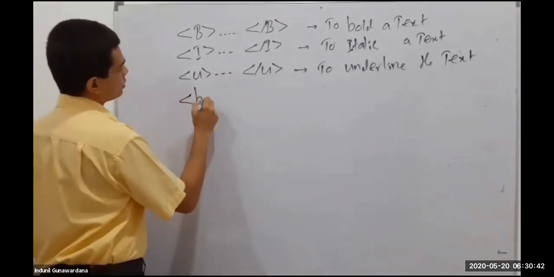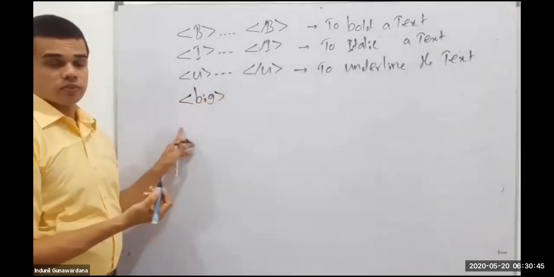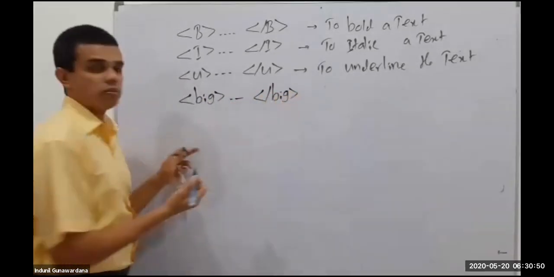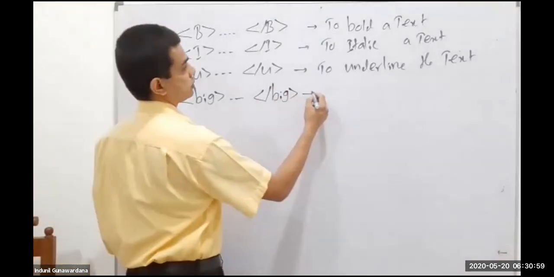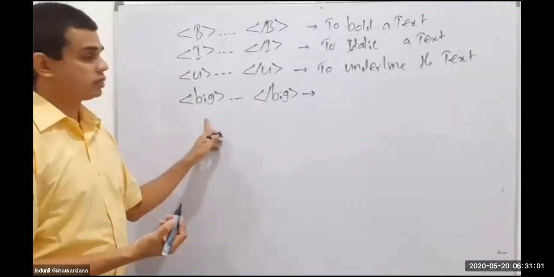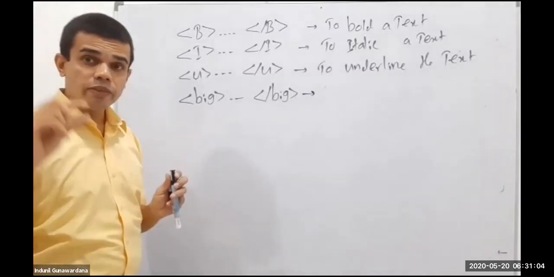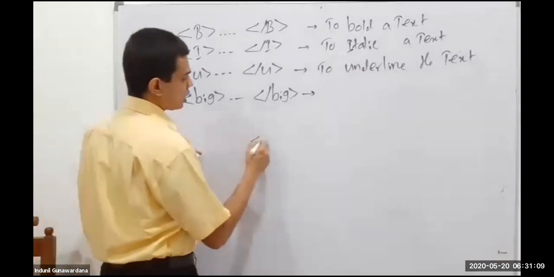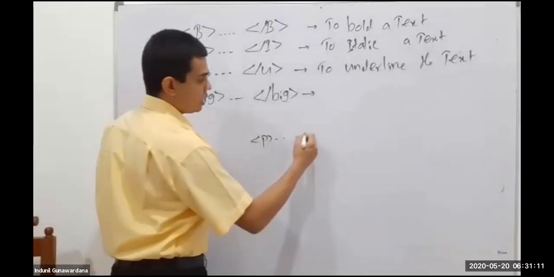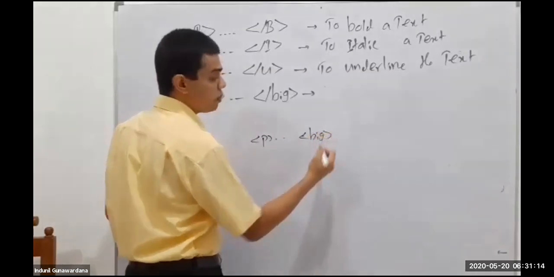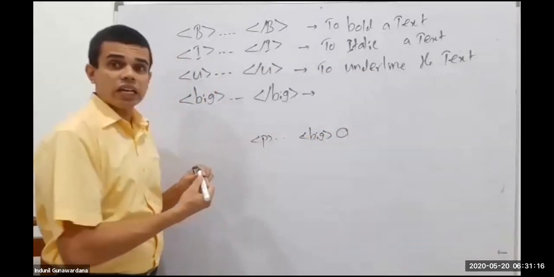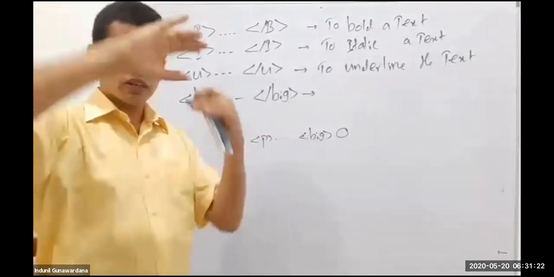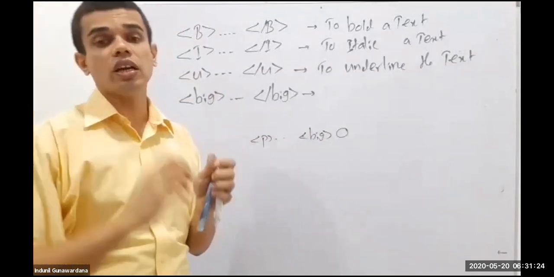Tag called big. This is also an inline tag. What is this doing? This is also having the closing tag big. You can write this in capital, simple, mix, no problem. That will make the text a little bit bigger than the ordinary text. Now, when you go to the normal paragraph, we have a text. And in between that, we go for big. So this particular text will get a little bit bigger than the ordinary text size. Not very big, but it's a little bit highlighted.